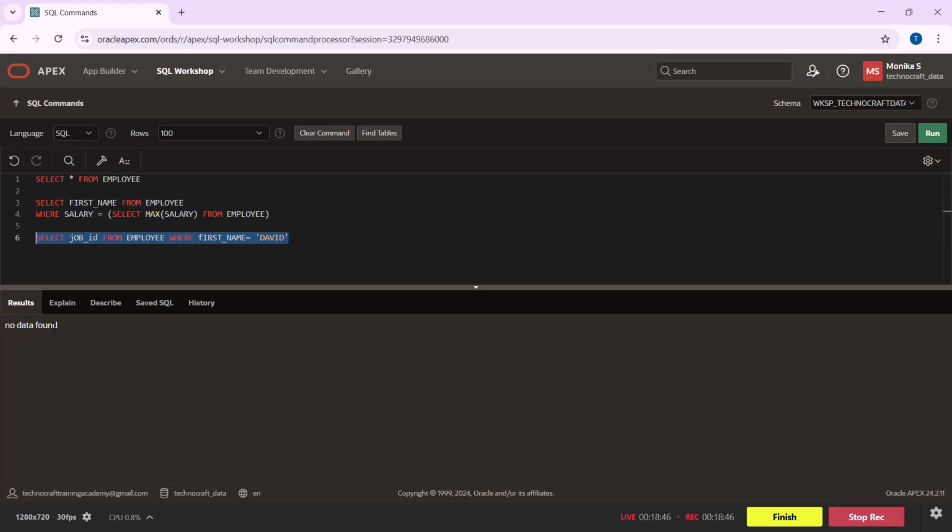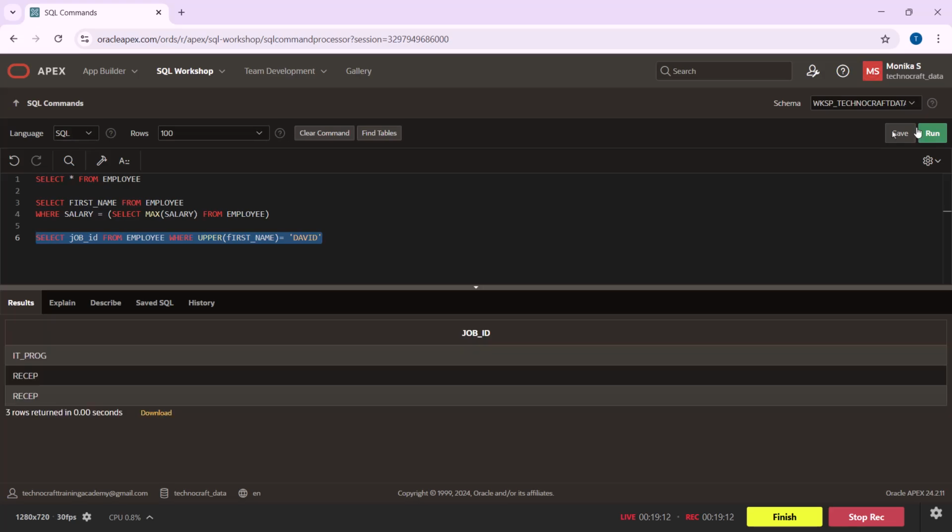Okay, we are getting an error called no data found. This is because the data we checked was not completely uppercase, but I'm writing it here in uppercase. That's why I'm getting this error here. So let me use UPPER of first name equals DAVID instead. Yeah, so we got the result as IT programmer,